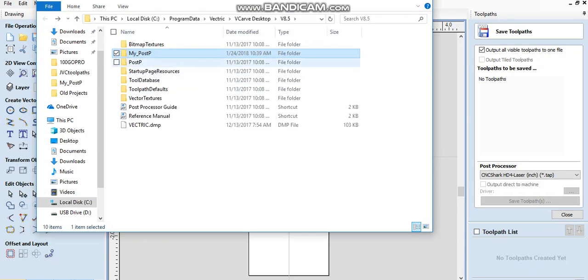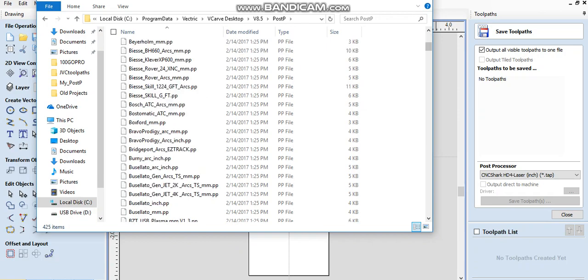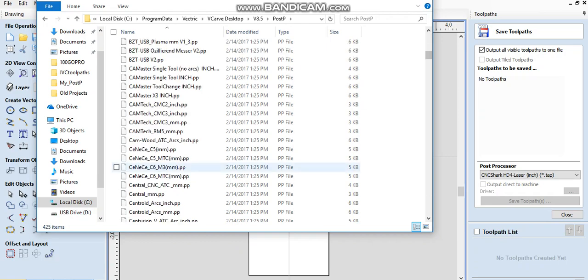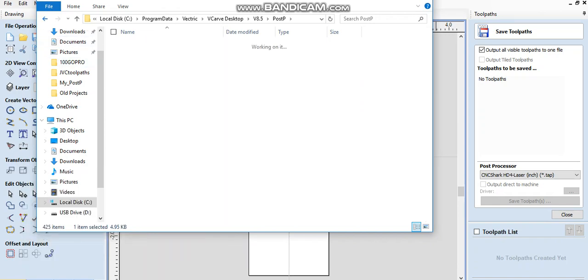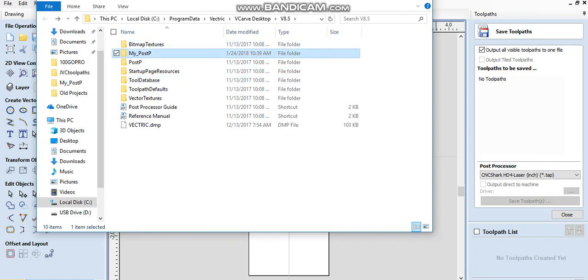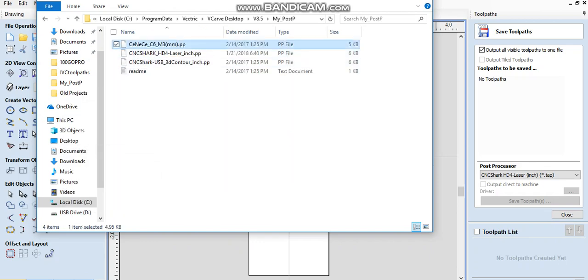I'm going to go back to Post P, and let's say I want to add one of these for some reason. I'm going to put one in there that I know I'm never going to use, and you can copy this, go back and go to My Post P and paste it in there. So this is the CNC. I have no idea what that is. It won't show instantly. What you'll have to do is